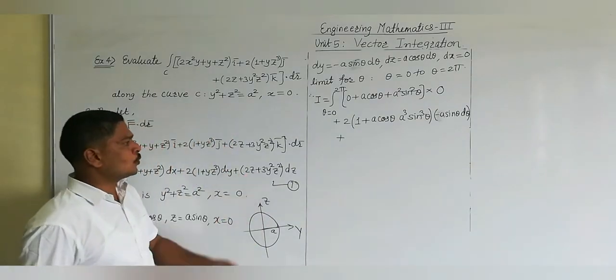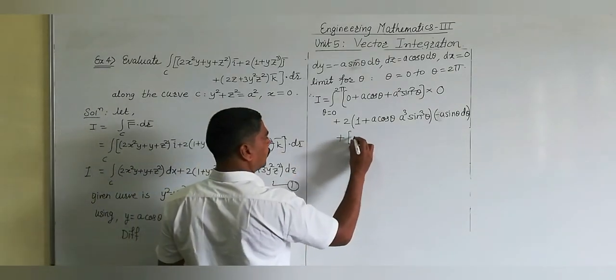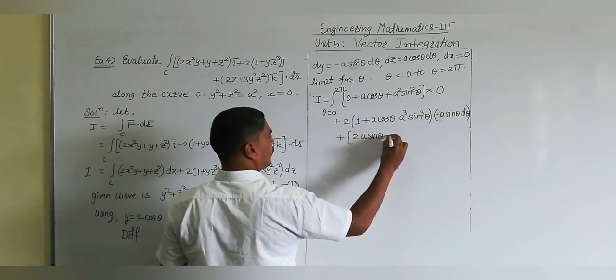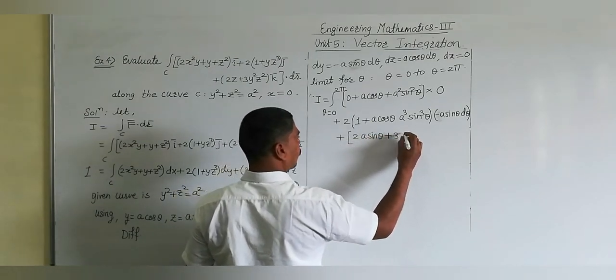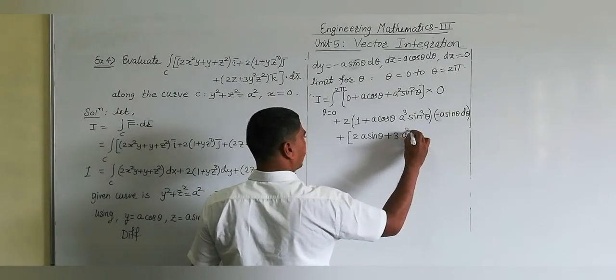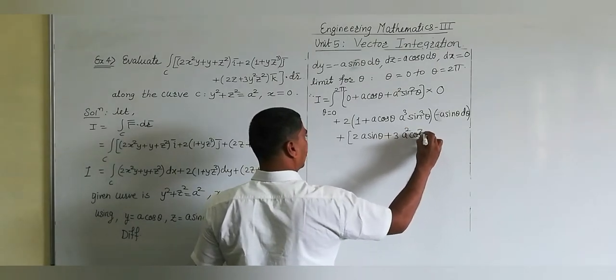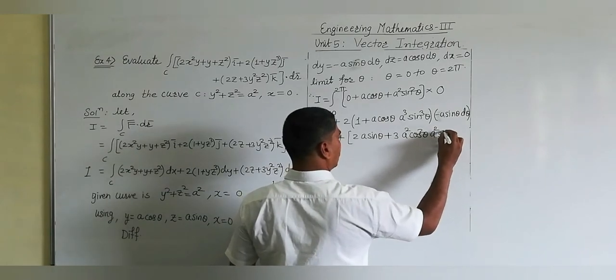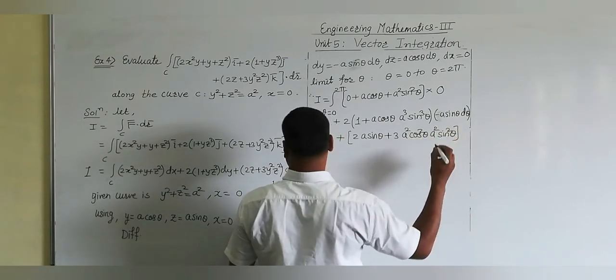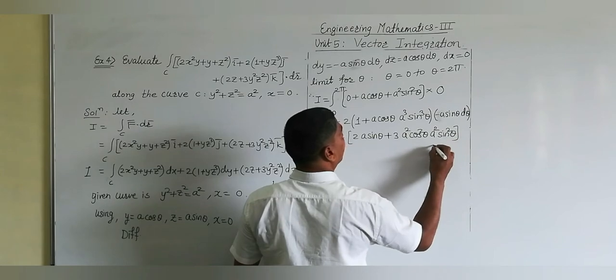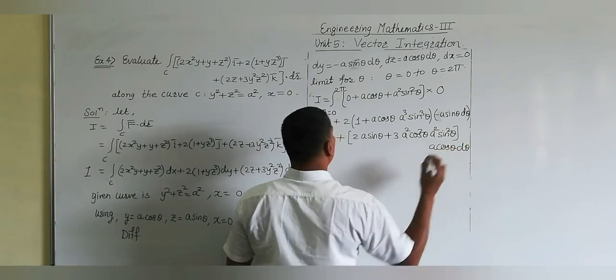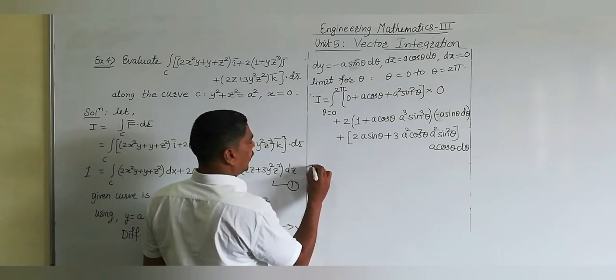The next term is 2z in bracket, 2 into z, that means 2 into a sin theta, then plus 3 into y squared. Y squared becomes a squared cos squared theta, into z squared, which is a squared sin squared theta, multiplied by dz, and dz is a cos theta d theta. Now simplify this, we get I is equal to,